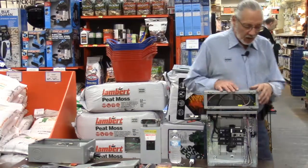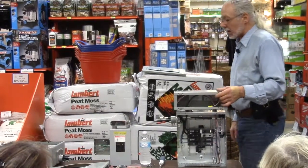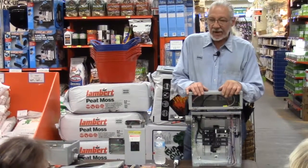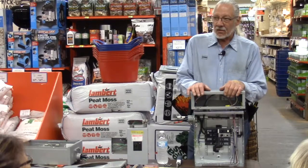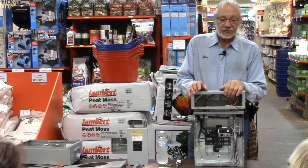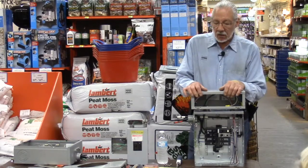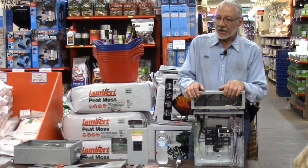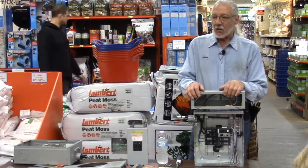All right, new houses or remodeled houses and code requirements. Obviously, it's been a requirement for many years now for GFIs in your kitchen and bath. One of the newer requirements as of the 90-something were arc fault breakers in bedrooms. All right, it's a very similar device. Now, in fact, we do have arc fault outlets